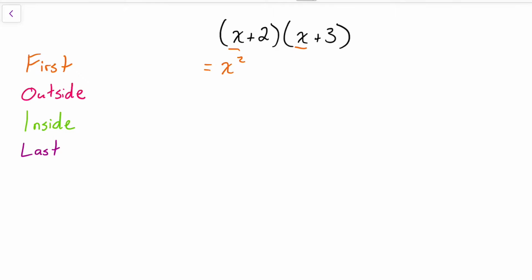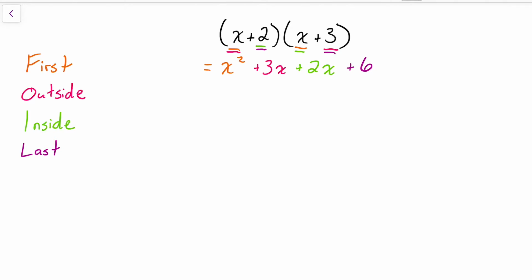Now we move to the outside. So these are outside terms of our bracket. So we have x again in the first bracket, and 3 is the outside number in the second bracket. So 3 times x, we get 3x. Okay, inside, 2 in the first, x in the second, 2 times x, 2x. And our last numbers, we have 2 in the first bracket, 3 in the second bracket, 2 times 3